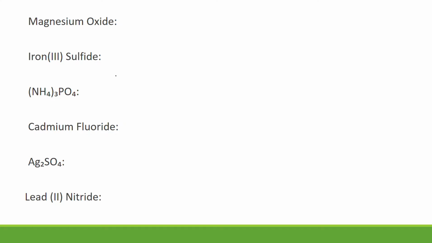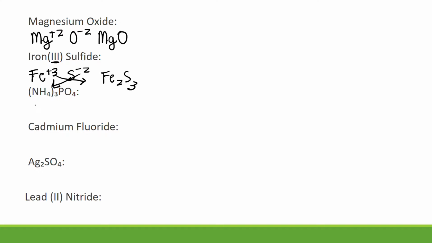Okay, so let's do some examples. Magnesium oxide, this is what we talked about earlier. We're going to use the steps and write the name of the metal and the charge, and then the name of the nonmetal and the charge, and then combine them to form MgO. Remember, these cancel out, not MgO2. Okay, iron 3 sulfide. They're going to give us the Roman numeral because iron is a transition metal. So we're going to write Fe +3 and sulfur, sulfide, -2. We're going to crisscross the charges, and we are going to be left with